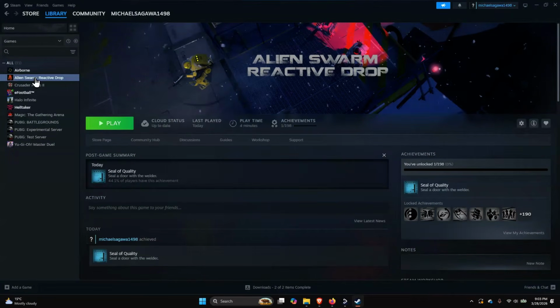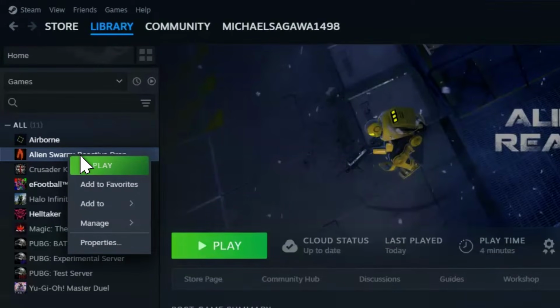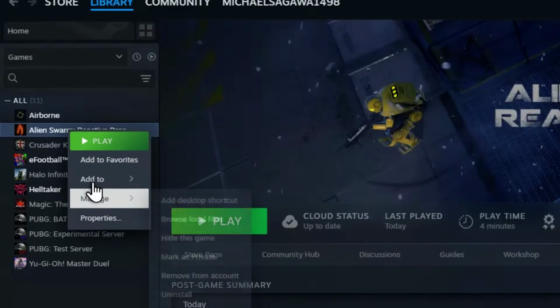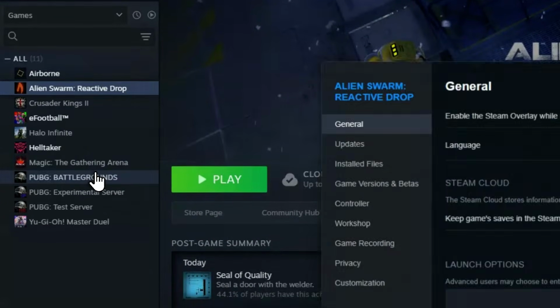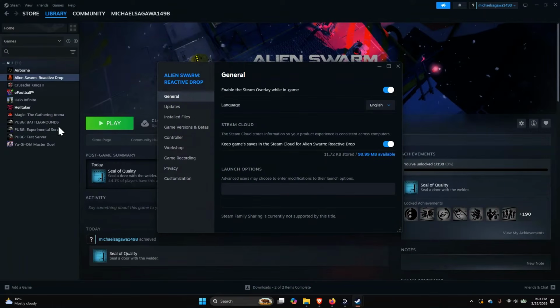So in this game what we'll do is right click on it. After we right click on it, we'll see a list of options. We'll select the properties option. This will open up a panel of properties, and on the left side you'll see a property that says installed